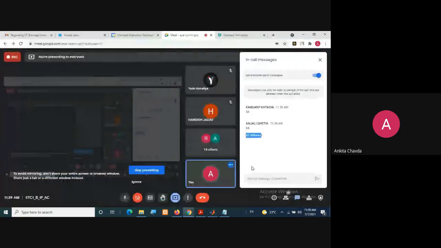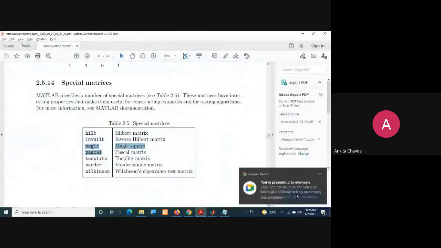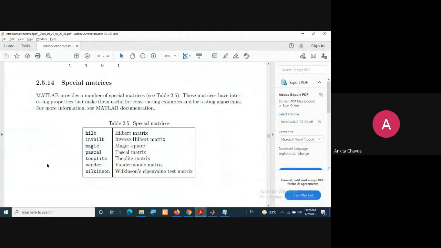Okay, I'll check my connection in between every time. So you can try this, you can take a snap of this, you can try these special matrices. Everyone is having something special. What about Pascal? What about this Wander? Then Wilkinson. Here, eigenvalues. Something special with these eigenvalues. Here it's a Hilbert matrix, inverse Hilbert matrix, and so on. So you can check all these matrices, and you can check with help.